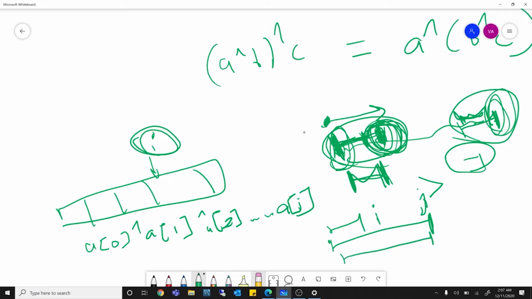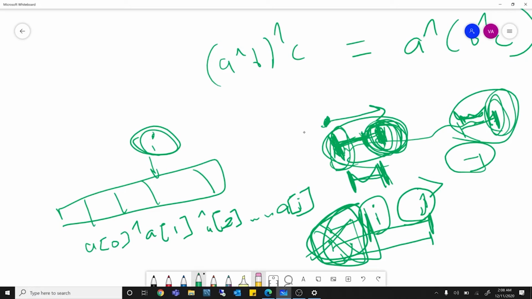So when I take XOR of A of J and A of I, basically all these elements are common, and because all these elements are the same, they will cancel out. I will in one step have the XOR of elements from I to J. So that's why this prefix array is useful here.